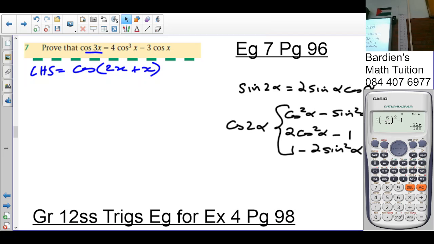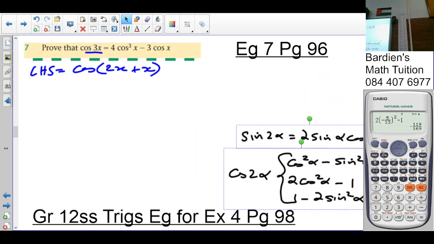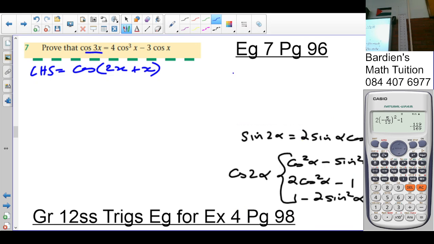So the compound angle that I'm going to use there is of course cos of alpha plus beta, which is cos alpha cos beta minus sine alpha sine beta. Okay? So what is in alpha's place? 2x. So it's